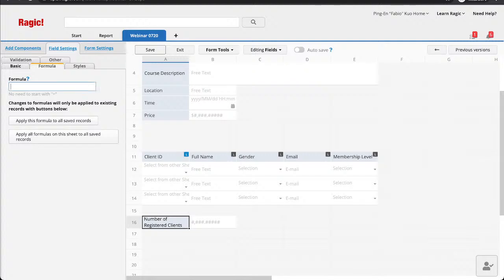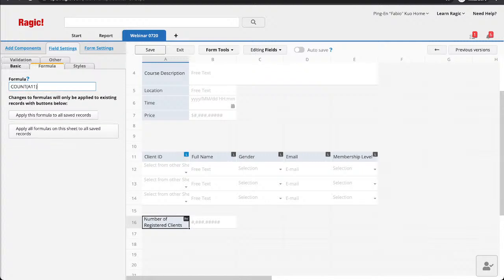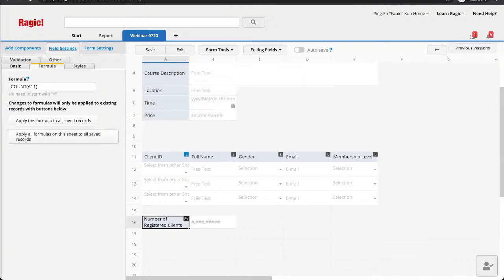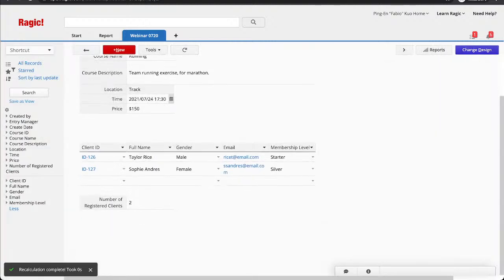So I'm just going to say count A11, save, and apply all formulas to basically recalculate. So right now it counts that there are 2 clients right here.